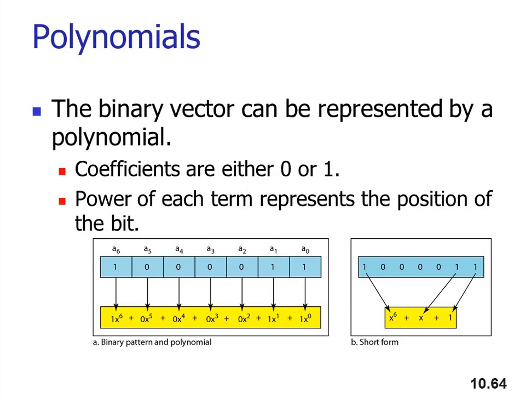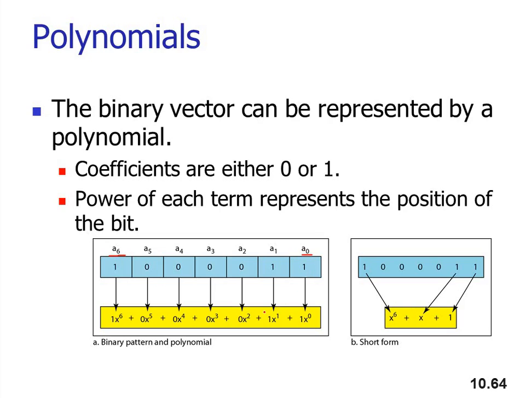There is one more concept in cyclic code, that is called polynomials. Now let us consider that this is the data which is already given to you. So when we start with the LSB, that is represented as A0, A1, A2, A3. So MSB is A6. So this is A0. Okay. And whenever there is a coefficient 0 and 1, that will be multiplied by this.